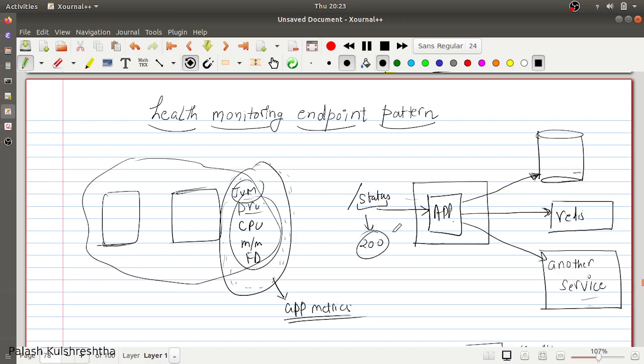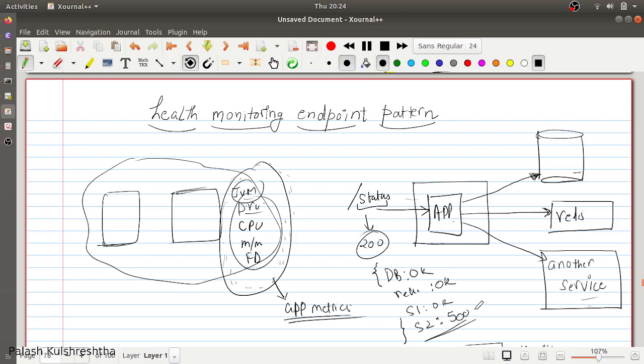And if you want to give a better or more fine-grained view of your system, you can give a response like DB okay, Redis okay, service 1 okay, and let's say service 2 is not okay, then you can give 4xx, or you can give 500.